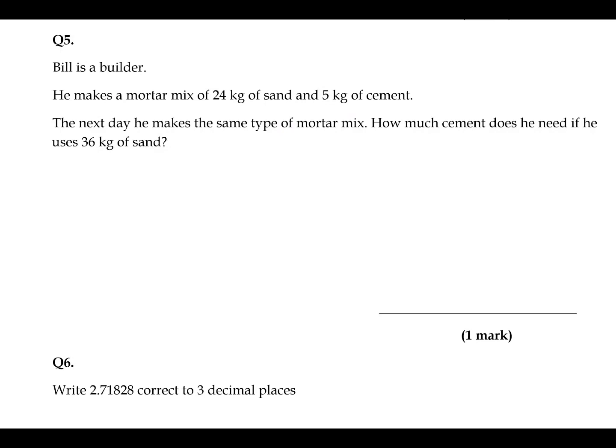Question 5. Bill is a builder and he makes a mortar mix with 24 kilograms of sand and 5 kilograms of cement. The next day he makes the same type of mortar mix. How much cement does he need if he uses 36 kilograms of sand? So this is a parts ratio. Got a ratio between sand, 24 kilograms, and cement, also in kilograms, of 5. He's used 36